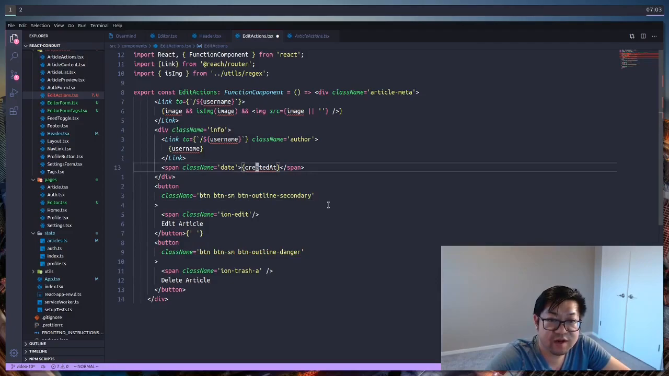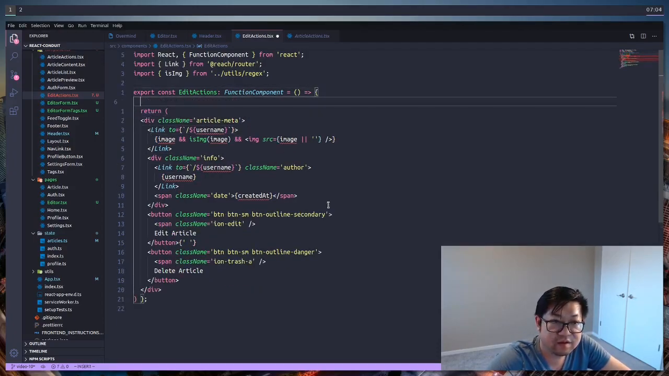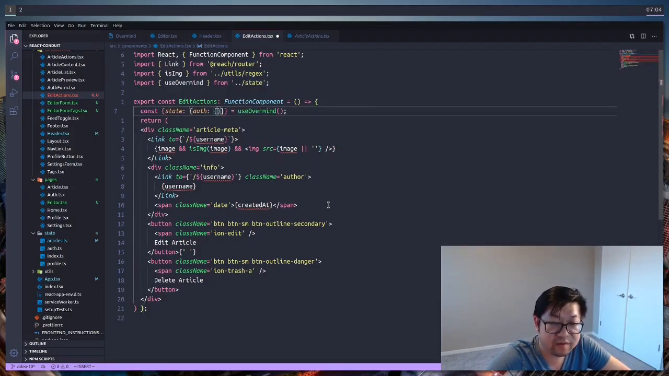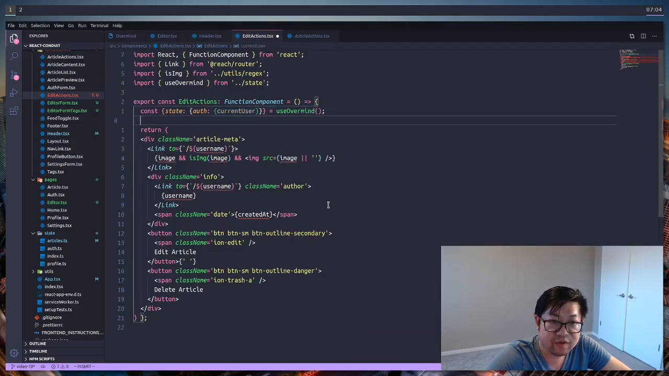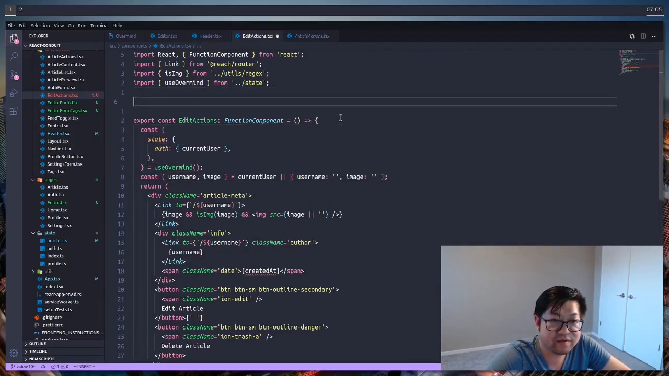So I still want the created at, and I think everything else we can get from Overmind. So I'm going to save this like that. I'm going to return, so then we can use Overmind. And here we're going to grab the current user, and we just need the username and image. Oh, it could be null, so I think it'd be a good idea to do the destructuring here, so we have some sensible defaults, and that'll do everything except for the created at, which we want from the